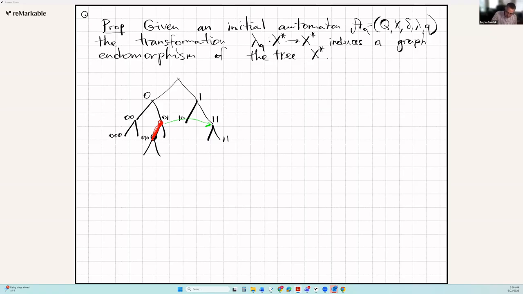So say 01 went to 11. But then you act on this last letter 0 in the same way. So you already know that 01 is mapped to 11, and then maybe the 0 will be mapped either to 0 or to 1. And accordingly, this vertex will be mapped either here or here, one of these two. Of course there is a formal proof by induction, and I'll leave this proof for you. It's not a complicated proof. The idea is very simple. That's just because we act on the words letter by letter.